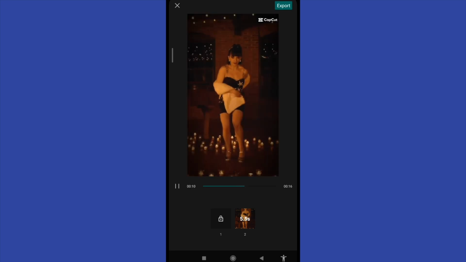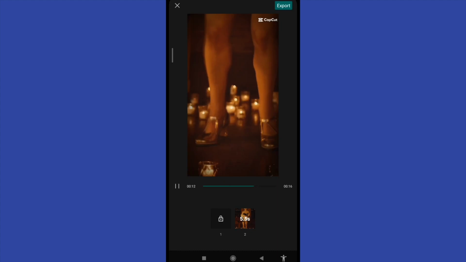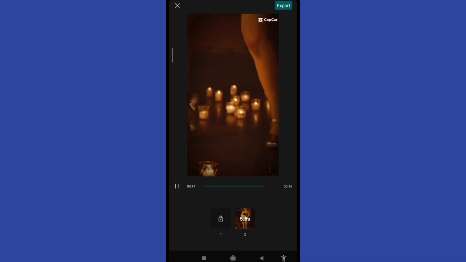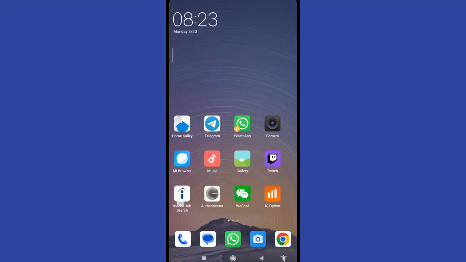Several black screen seconds. And now my video. And I click on export. And this is going to load without the watermark or with the watermark if you click on export, okay? And that's it. If I go back and I click on save, you're gonna find that if you go to